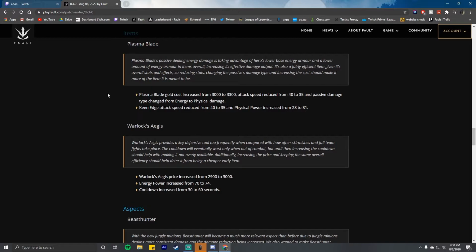P-Blade. So P-Blade has been being used all over. It was a very strong item, and so they're nerfing it a little bit, and mainly they're fixing its passive, because its passive does a % of current health bonus damage when you auto attack a target, and that damage used to be energy damage,